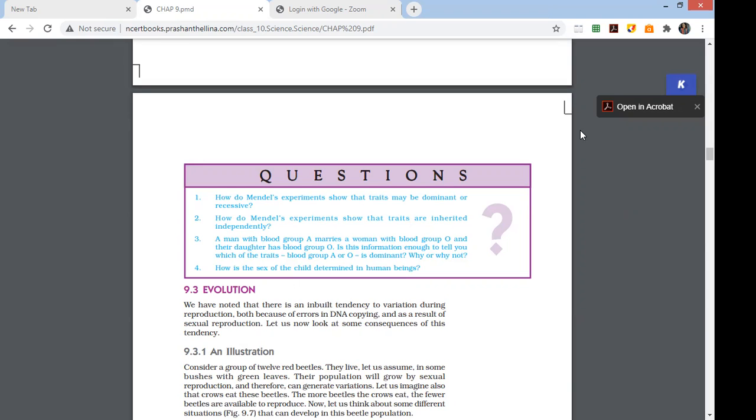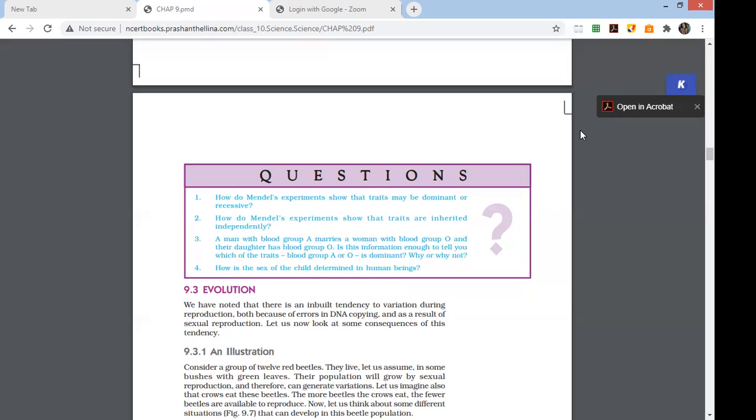Let us move to the second question. How do Mendel's experiments show that traits are inherited independently? Now, this experiment can be carried out only in the dihybrid cross. We cannot show this in the monohybrid cross as we are talking of more than one trait. So, when he selected such a plant, for example, say he studied the shape of the seed and color of the seed,